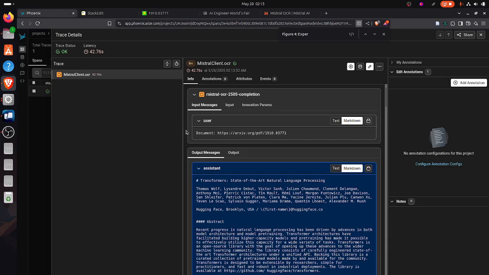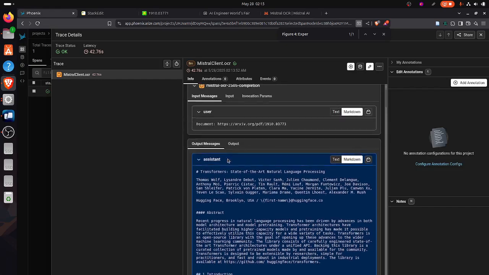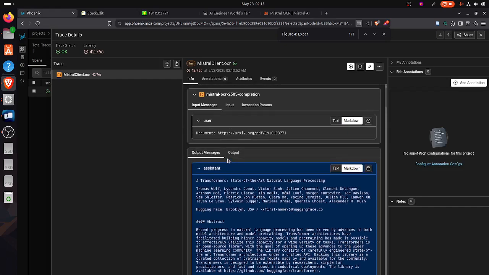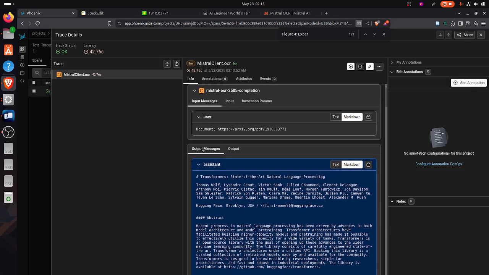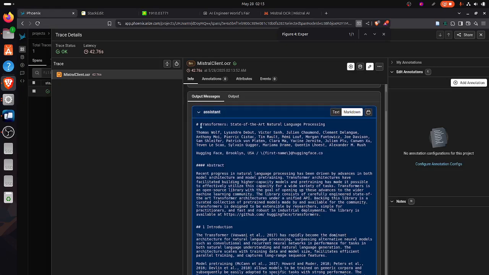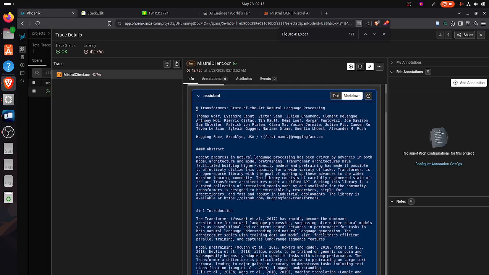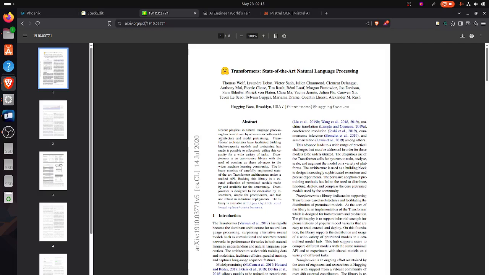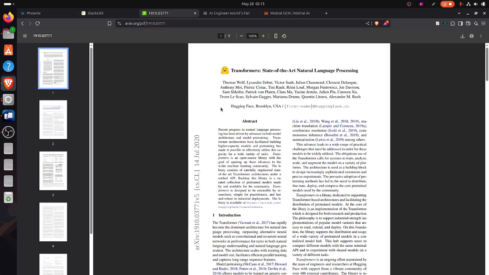Well, it's this. It's Phoenix, and with this recent change PR, you can basically get a very clean visualization of what is going on, like what is the input and output of the OCR. So here you see a couple of boxes that are delineating a single page. You'll see "Transformers: state of the art." This is what the page originally looks like, just for reference, and you'll see that it is actually recognizing